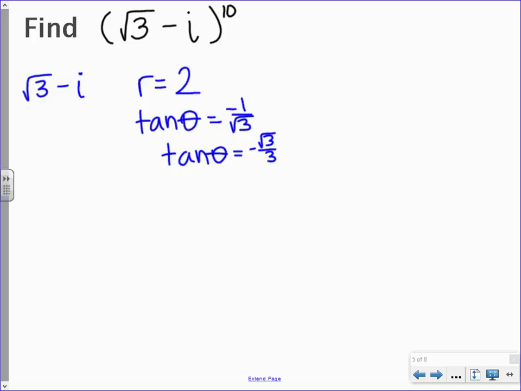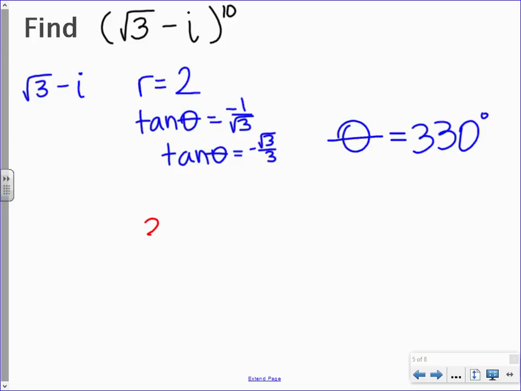Which quadrant is this number plotted in? The fourth quadrant. So in the fourth quadrant, what angle has a tangent ratio of negative radical 3 over 3? What did you say? Negative 30, or we could say 330 degrees, because I like between 0 and 360, right? Okay, so now what we have